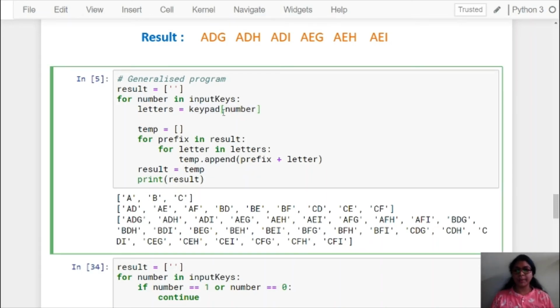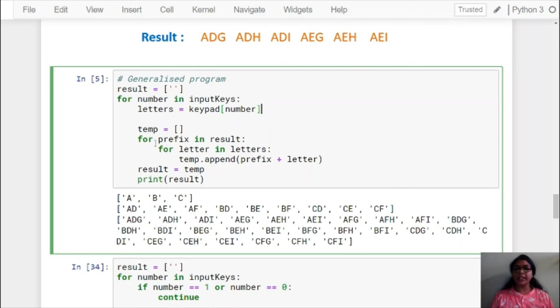So keypad number will fetch the character set, and that is nothing but ABC. ABC will be stored in the letters variable. Now we have a temporary list. We have already told you that we are going to implement some temporary list. So temp is our temporary list. It is an empty list for now.